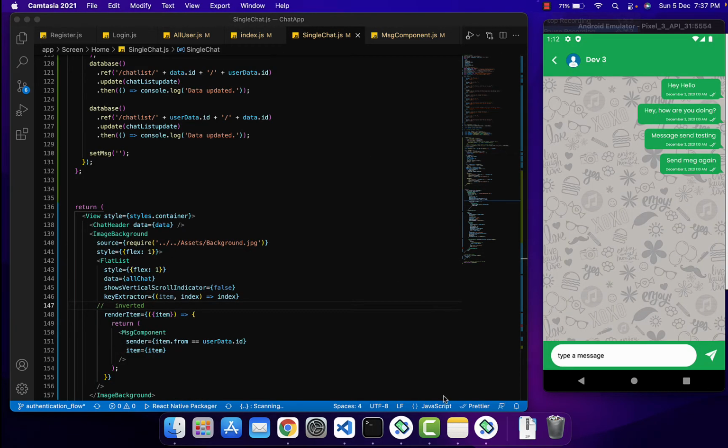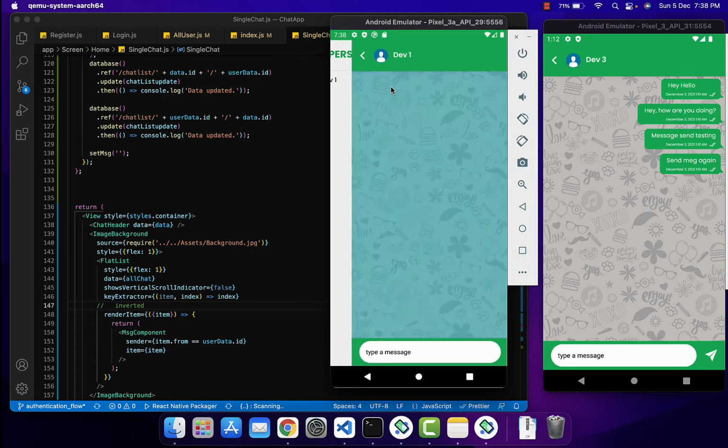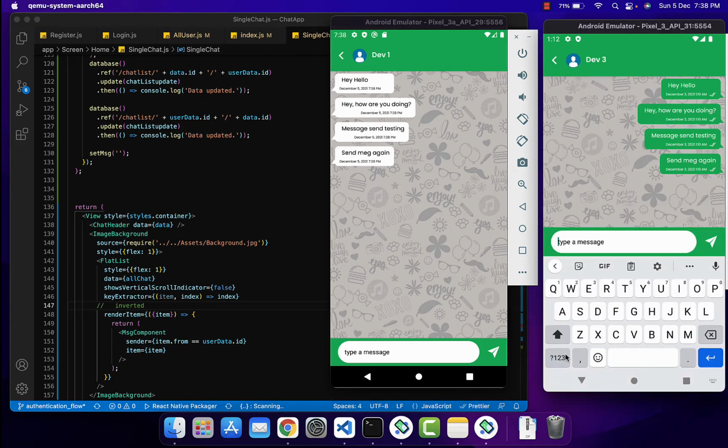So I opened another emulator and I logged in as dev3. Okay, so in dev3 we are getting the data from dev1, and I'm sending from dev3. So if you click on dev3, message received, so click on send and we are received over here, and if you send from here,